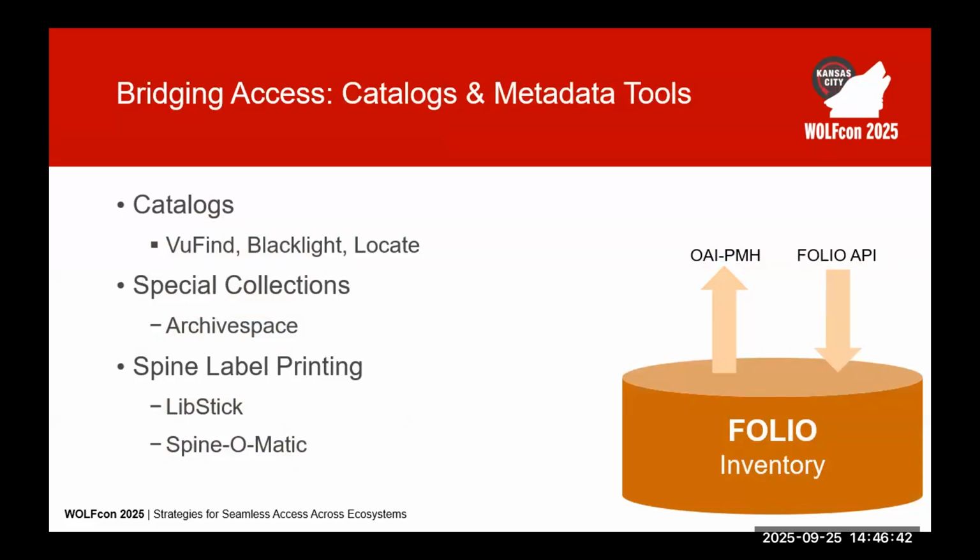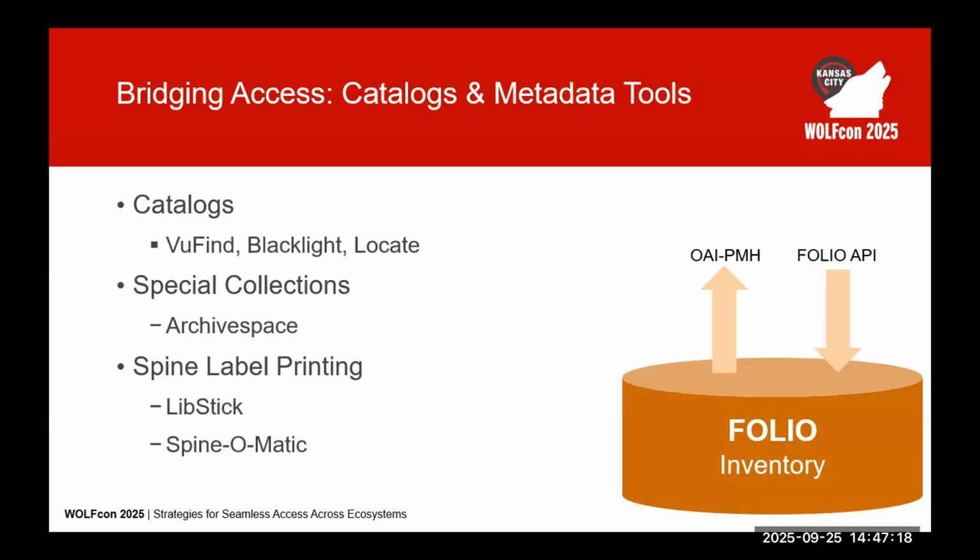VuFind, Blacklight, EBSCO provides our proprietary OPAC called Locate, and those are all integrated in with Folio's inventory. Folio's inventory actually has an Elasticsearch index built into it. So Locate uses that Elasticsearch index that's real time in the Folio inventory app, but I know VuFind and Blacklight are harvesting data out of the Folio inventory through OAI-PMH. So the Folio inventory app has an OAI-PMH endpoint, just yet another API for working with data. Of course, it has its own APIs, so we're able to pull data in, as we just talked about.